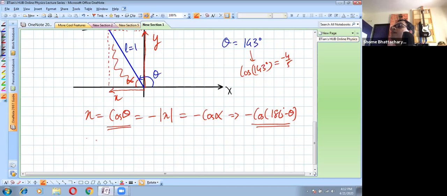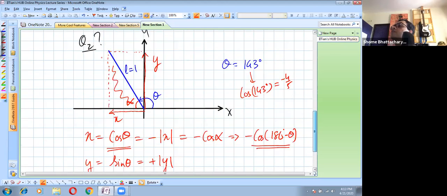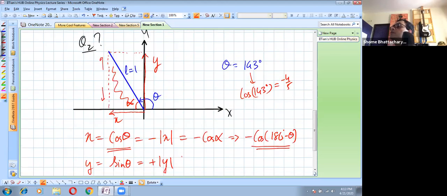Whereas if you look at y over here, it is actually by definition sine theta, but you can see it is on the positive side, so it is plus of mod y. And again, in that triangle, you can see that this side, the perpendicular side, would be mod y. So it would be positive of mod y, which is positive of sine alpha. So that's why it becomes positive of sine